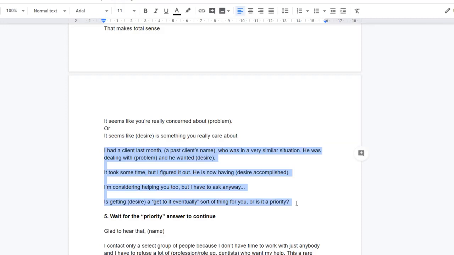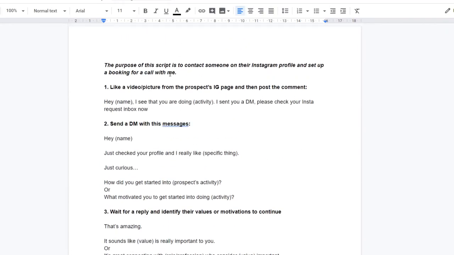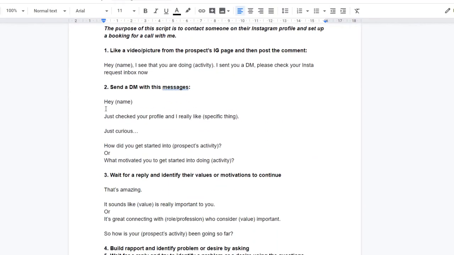They will see your motivation, and if they are interested in becoming your client, they will continue talking with you. If they are not, they won't answer you. That's how you qualify them. From the first step, you're trying to see their motivations, whether they're really committed to making this change, what their values are, and so on.